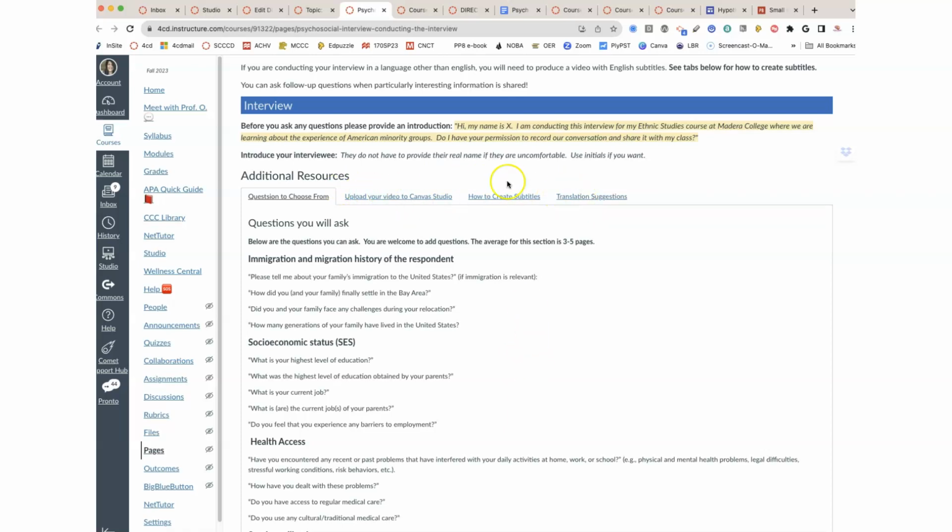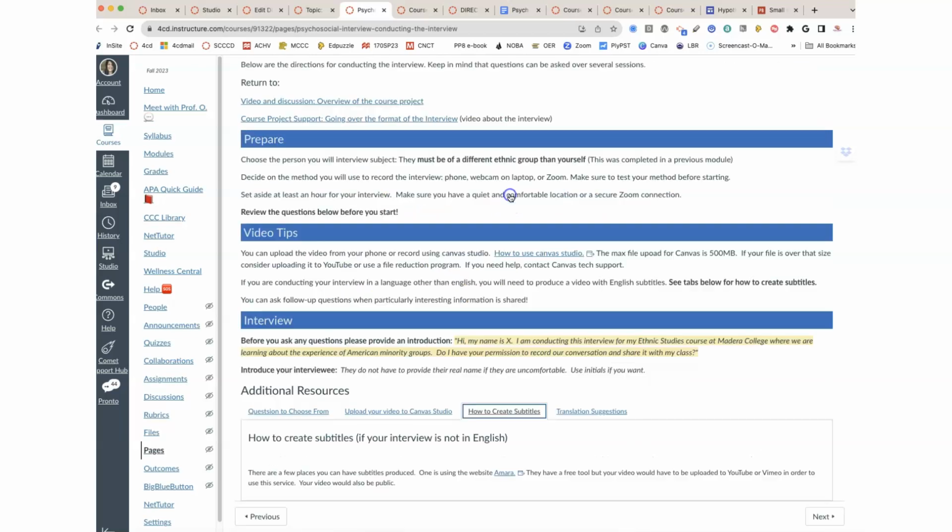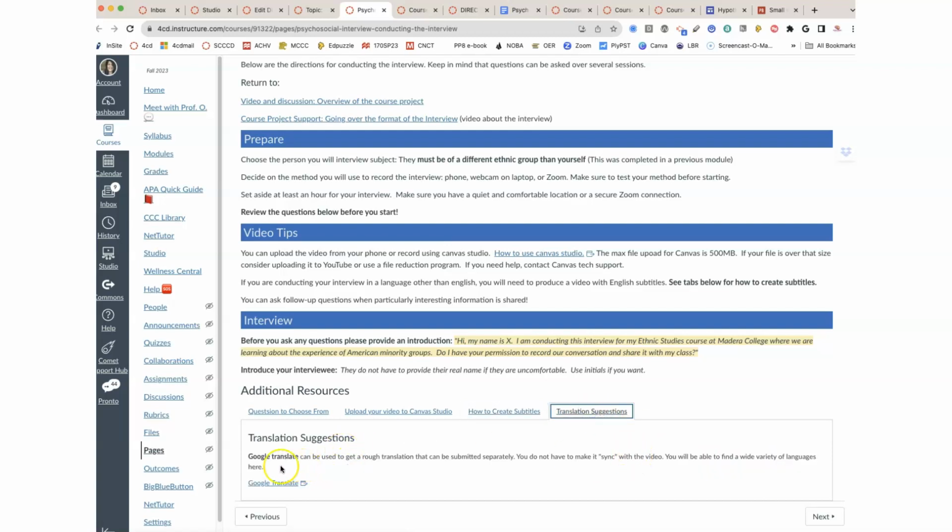You do have other tabs here about how to upload your video to Canvas Studio, how to create subtitles if you need to, and this is especially if you are using something other than Zoom, and translation suggestions. So Google Translate is probably the only site I've found that is free. You can use it to get a rough translation of your video, and as long as you have that sort of rough written translation, I'm fine.